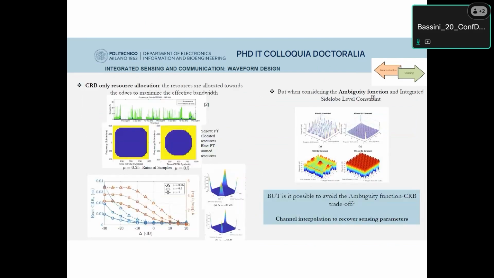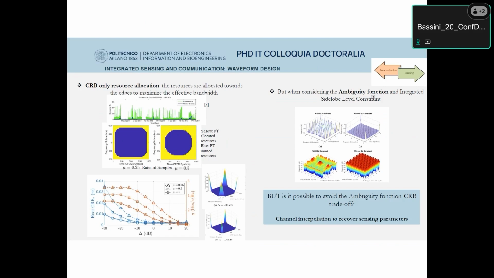Another point is that usually base stations are not designed for working at full resource occupancy in time and frequency. So usually we have some holes within the spectrum, and we have to deal with sparsity. So this is another waveform that has been defined in order to deal with a sparse system in time and frequency. And of course, when we have unused resources in time and frequency, this leads to another trade-off. We do not have only a trade-off between communication and sensing, but we have a trade-off also within the sensing domain, between the ambiguity function, that is the height of the side lobes, that can create ghost targets or misdetection, and the Cramér-Rao bounds too.